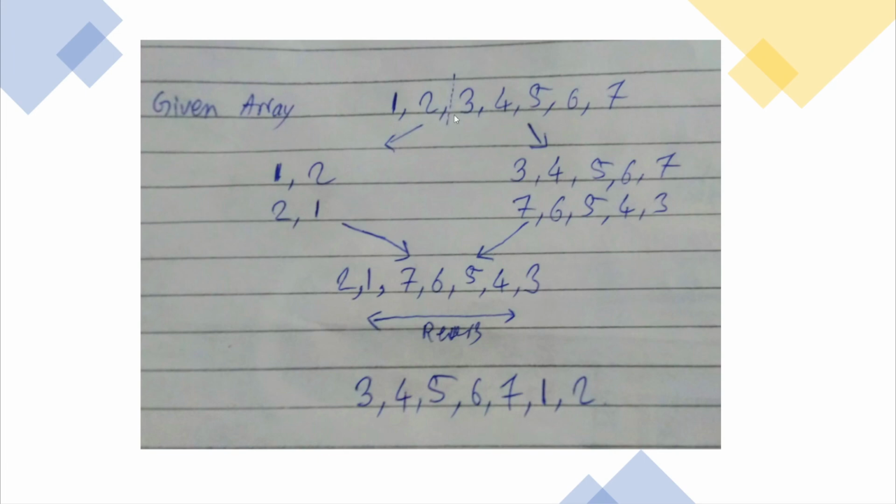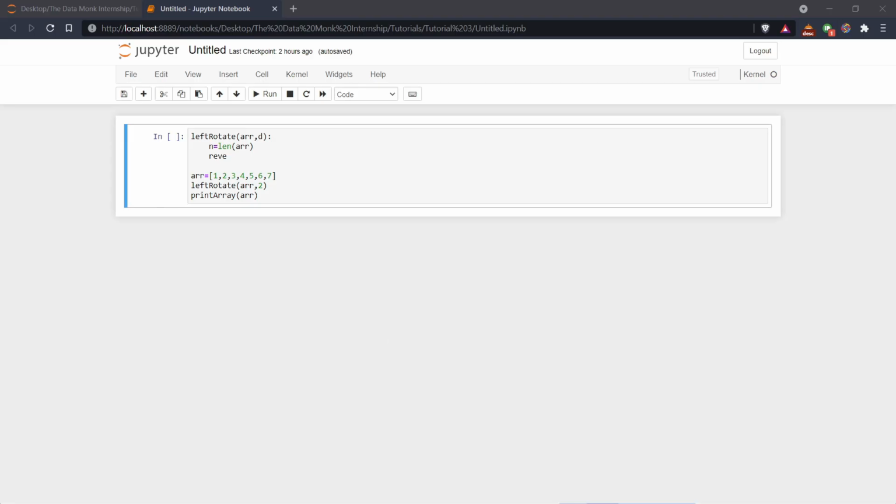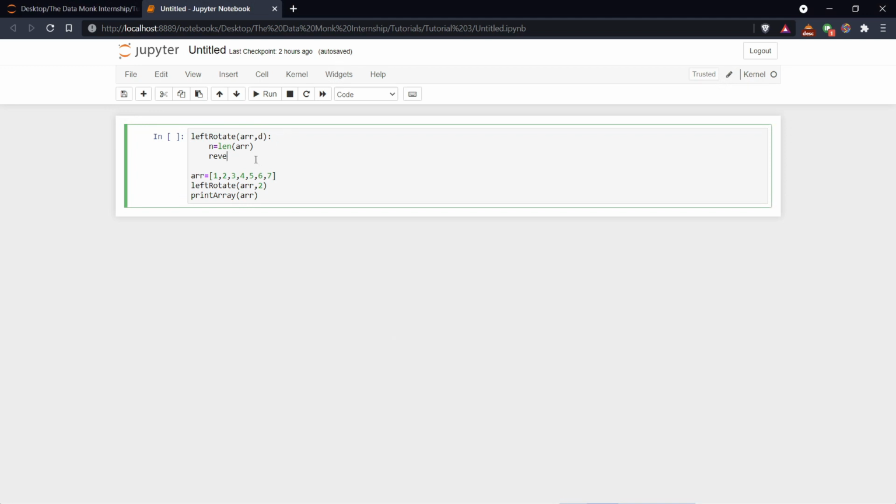in parts. So first we will reverse this part, then we will reverse the second part, and then we have to connect them and again reverse the whole part. That is why we are going to need another function that will be our reverse function. So let's write the reverse function for the program. Let's name it simply reverse array and provide it the array,